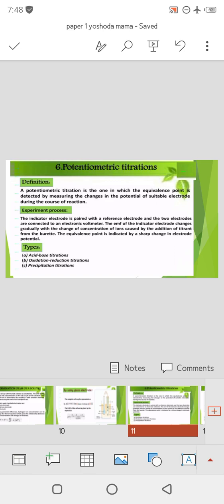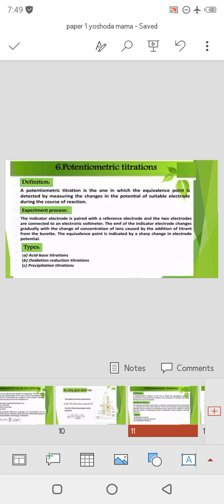So next one is the experiment process. The indicator electrode is paired with a reference electrode and the two electrodes are connected to an electronic voltmeter. The EMF of the indicator electrode changes gradually with the change of concentration of ions caused by the addition of titrant from the burette. The equivalence point is indicated by a sharp change in electrode potential. So this is the experimental process of the